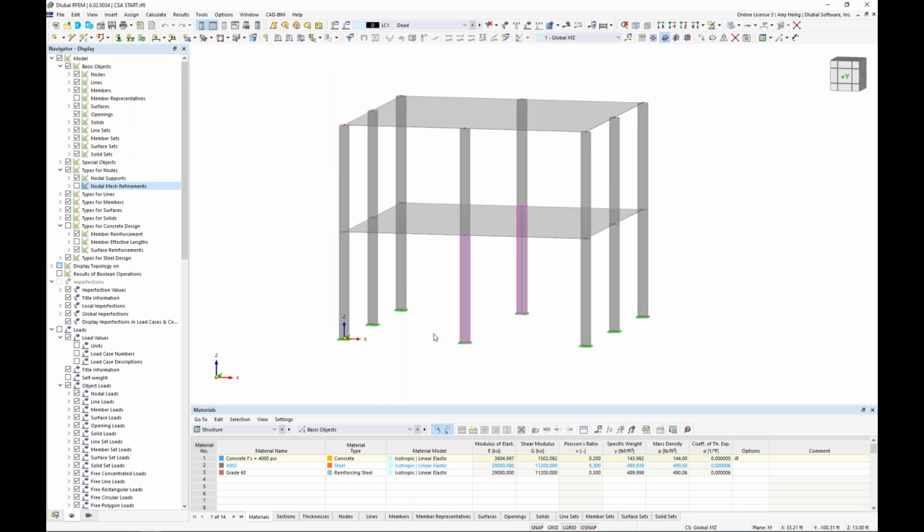So we're going to deactivate these columns and instead add in some steel members, which will just describe the workflow here of our staged analysis. So before we define any of these construction stages, we need to ensure that we have everything completely modeled in RFEM. So we will begin by drawing a new member here, and up in my quick toolbar, I can draw